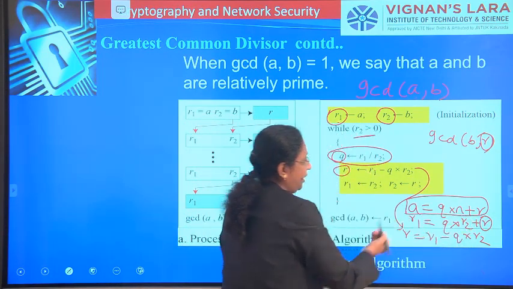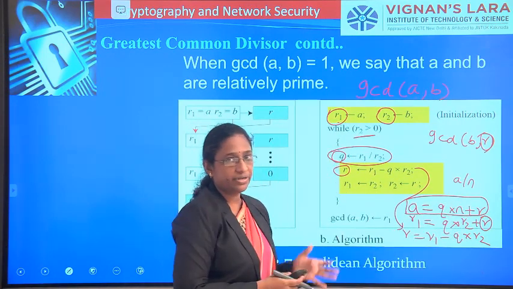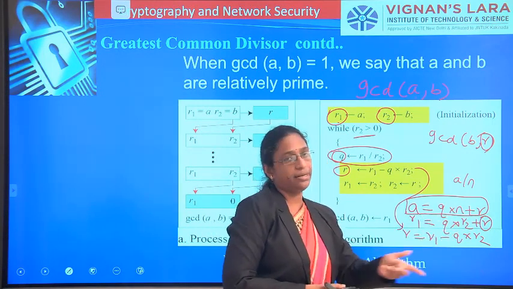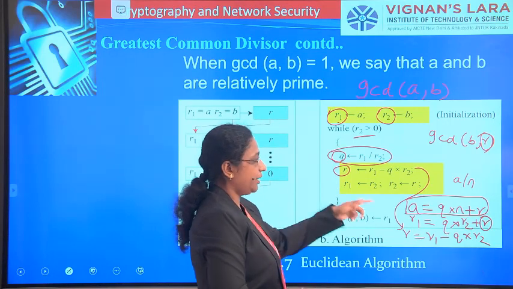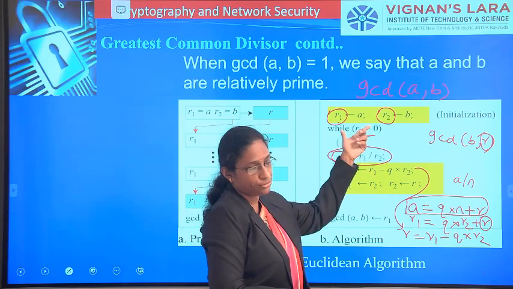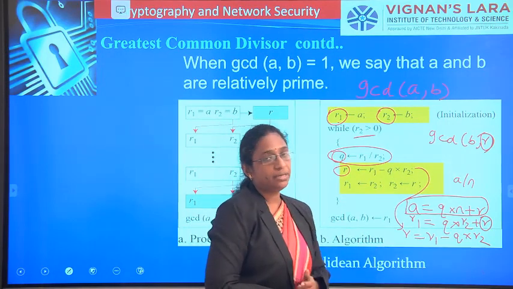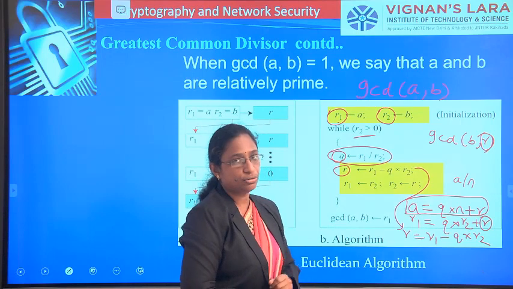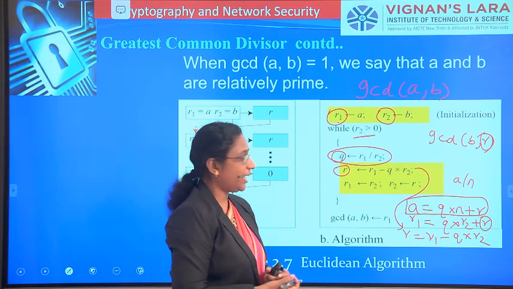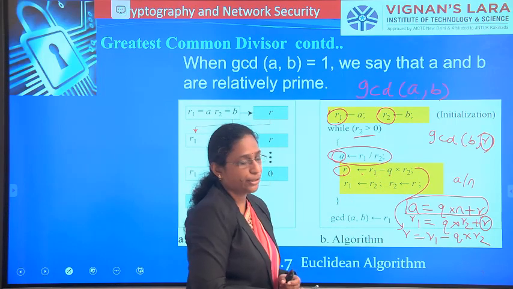In the divisibility, if we have to divide two numbers A and N, it will be written as A equal to Q into N plus R. You already know that statement. Here we have to divide these two numbers R1 and R2 and take the remainder. For calculating that remainder, first we calculate the quotient, Q equal to R1 by R2. After getting that quotient, R implies R1 minus Q into R2.